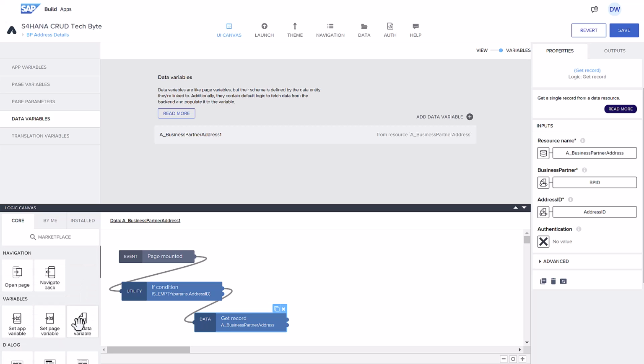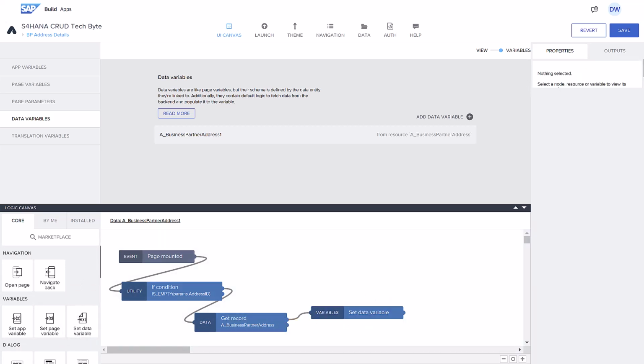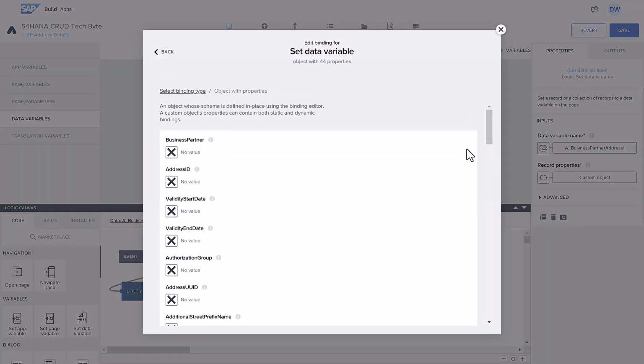So we come here, and we set the data variable. But we don't want to set all of the values, because the API is very finicky. If you provide blank values for certain fields, it won't like it. So we only want to provide the fields that we want to provide. So we will provide a formula,